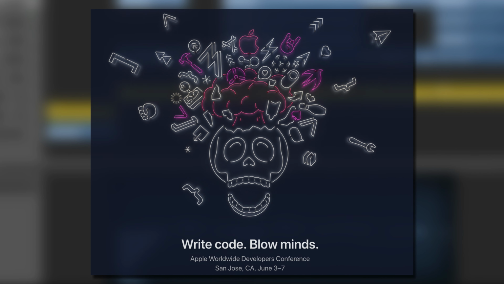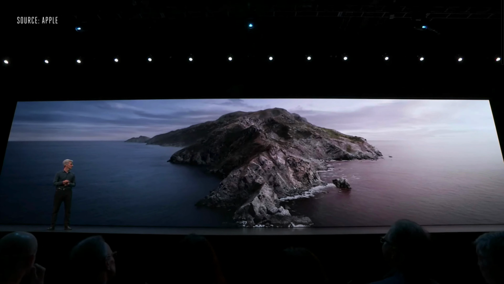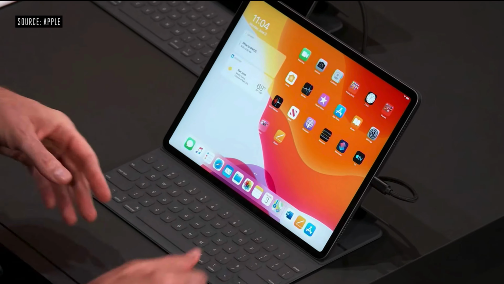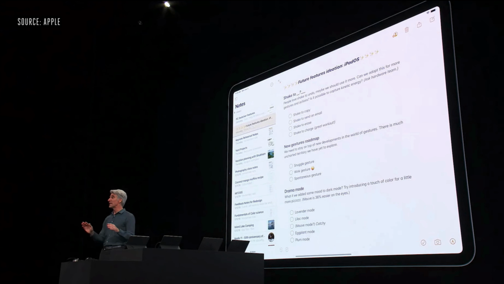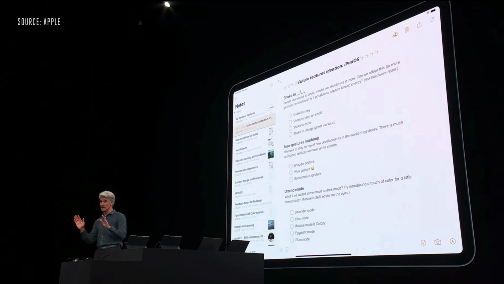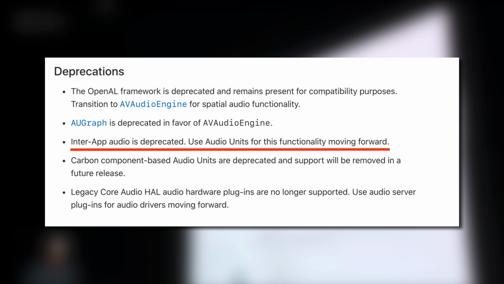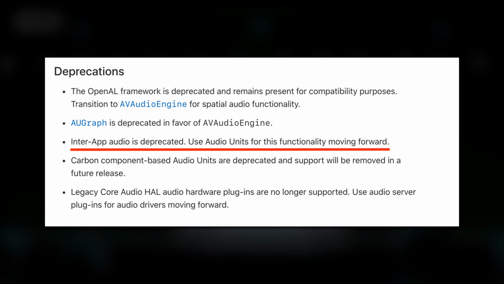Apple held its annual worldwide developer conference a few days ago, and it was mostly fantastic. Afterwards, beta versions of iOS 13 and iPadOS were released to members of the Apple Developer Program, along with release notes. Buried in these release notes is a list of features that are being deprecated in iOS 13 and iPadOS,